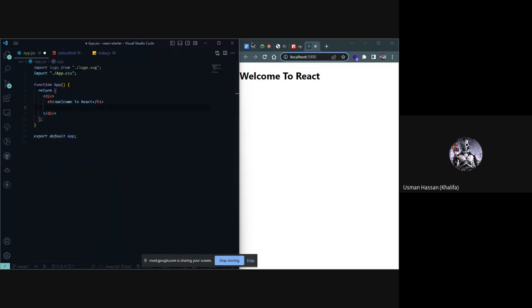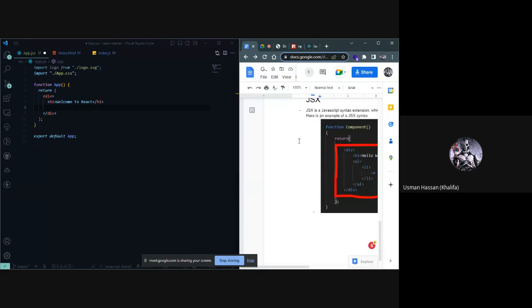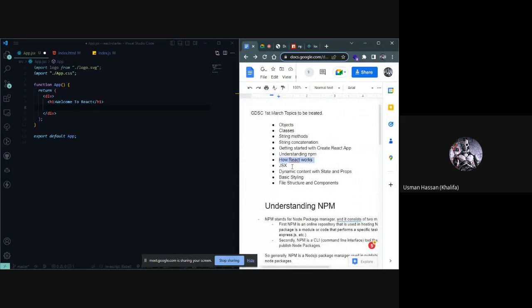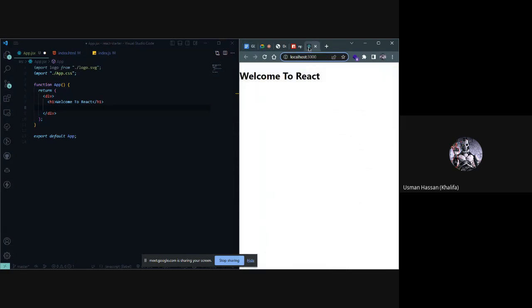So what's next on the agenda? What's the next topic? So we cover dynamic content, states, and props. Okay, so let me explain what state is. Assuming you want to have a counter app, whereby once you press a number, let me just make